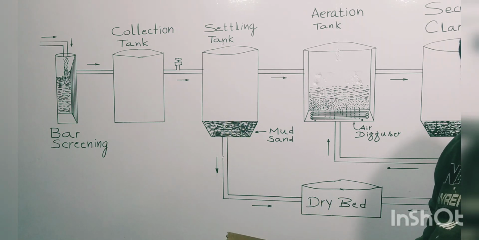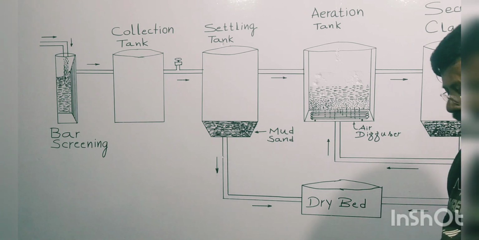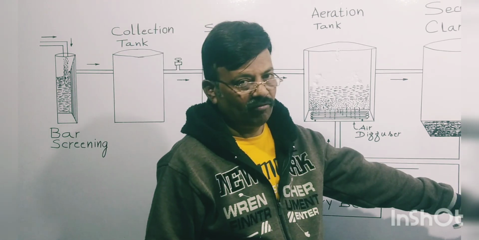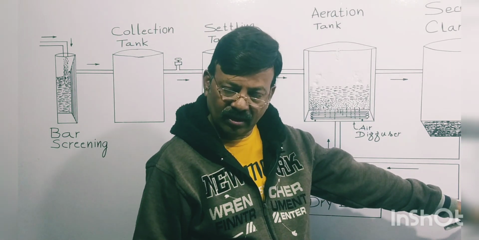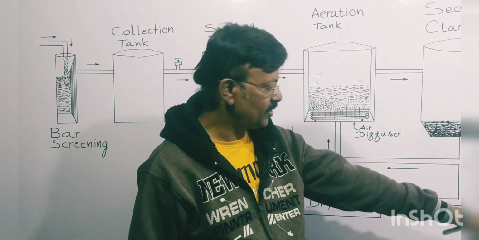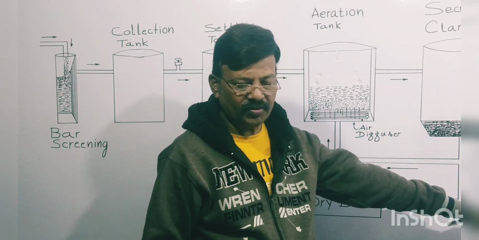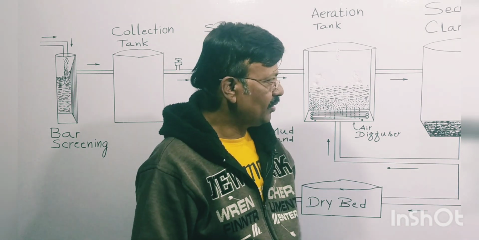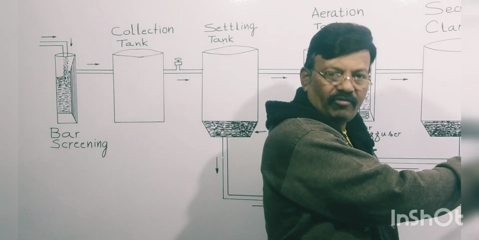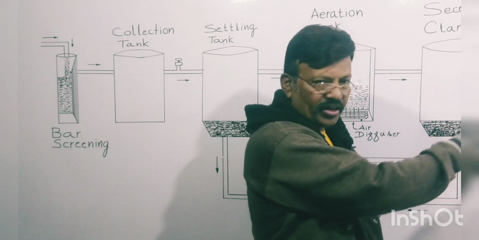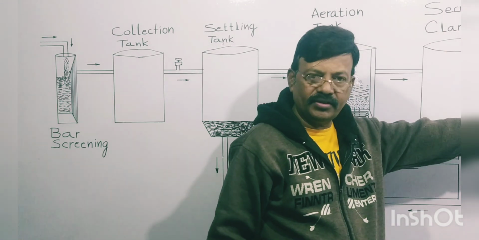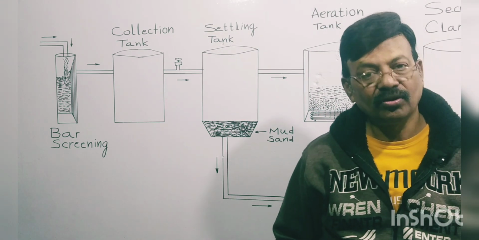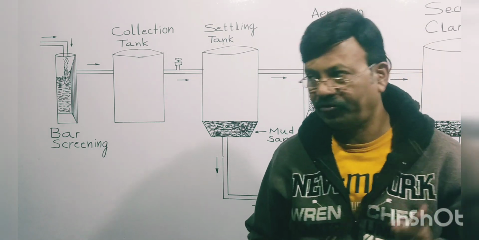Bacteria, virus, organic matter is left, and out of these bacteria, virus and organic matter, virus will be killed or separated or eliminated in the ACF, activated carbon filter, or dual media filter, and bacteria will be killed in the chlorination tank. And out of suspended solids, what is left now? Only organic matter is left.